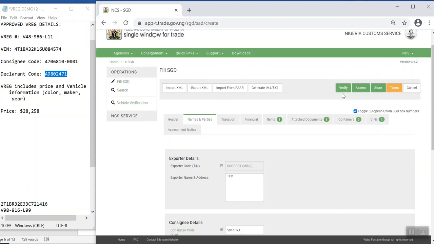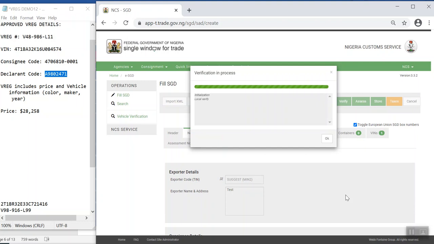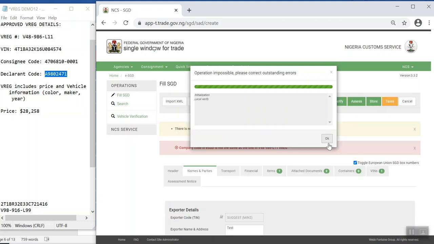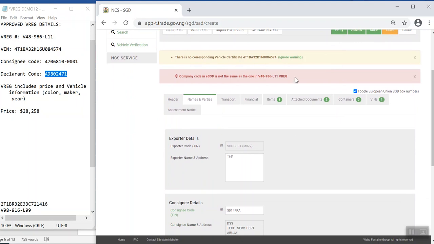Then either you click or you hit on the verify or assess button. Let's see how the system will behave. The system displays an error: Company code in SGD is not the same